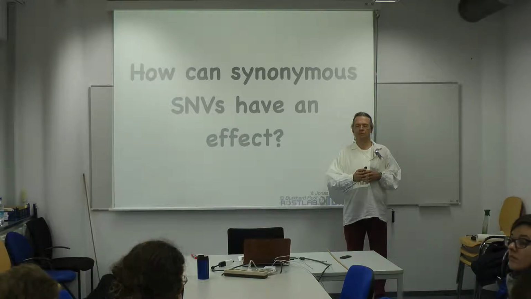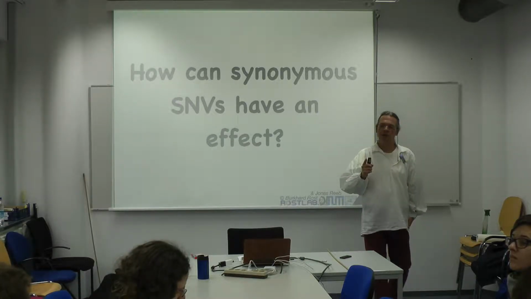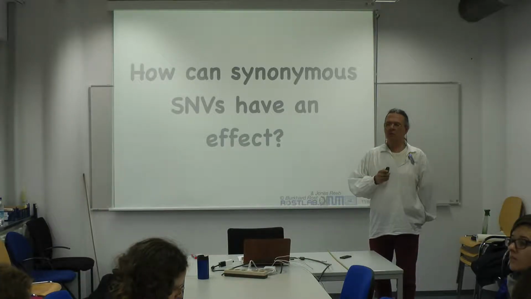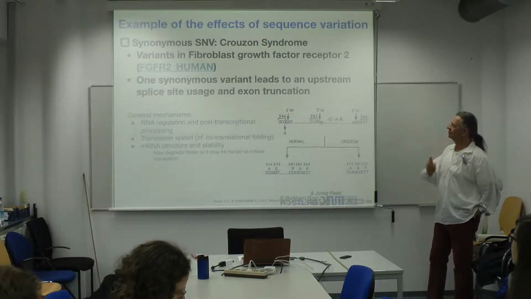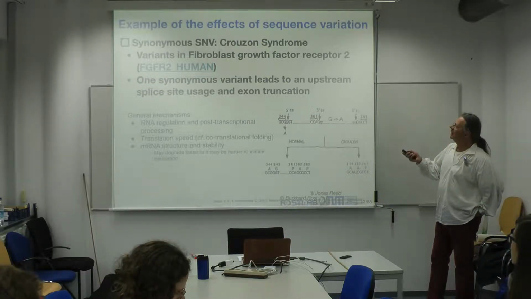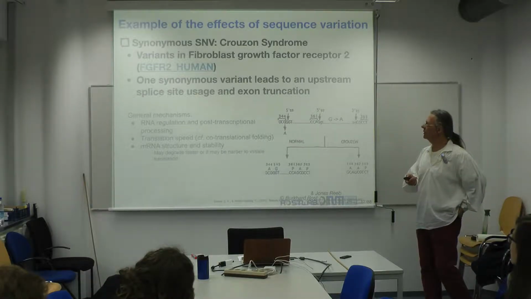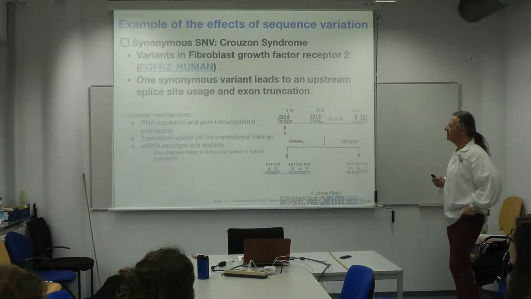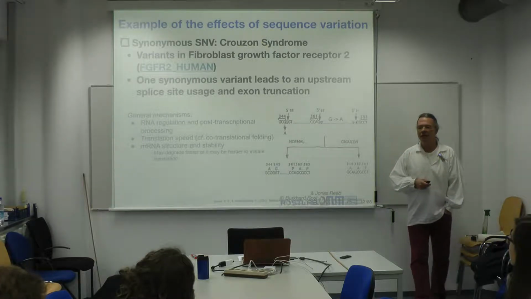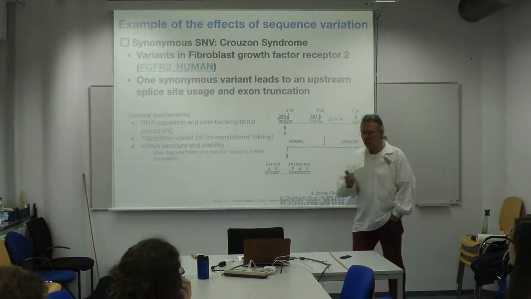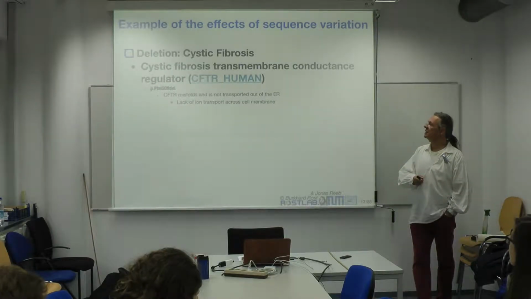Maybe if the coding changes, I think it's not exactly... Yeah, but wait a minute, the coding is not changing. No, I mean if the tRNAs change. Yes, so immediately, we have a regulatory issue. That would be one way of doing it. So here we have one change in the fibroblast growth factor, which ultimately affects the translation speed, and that ultimately is the issue, right? So we express faster, shorter. That can have an impact, or that can cause a disease.